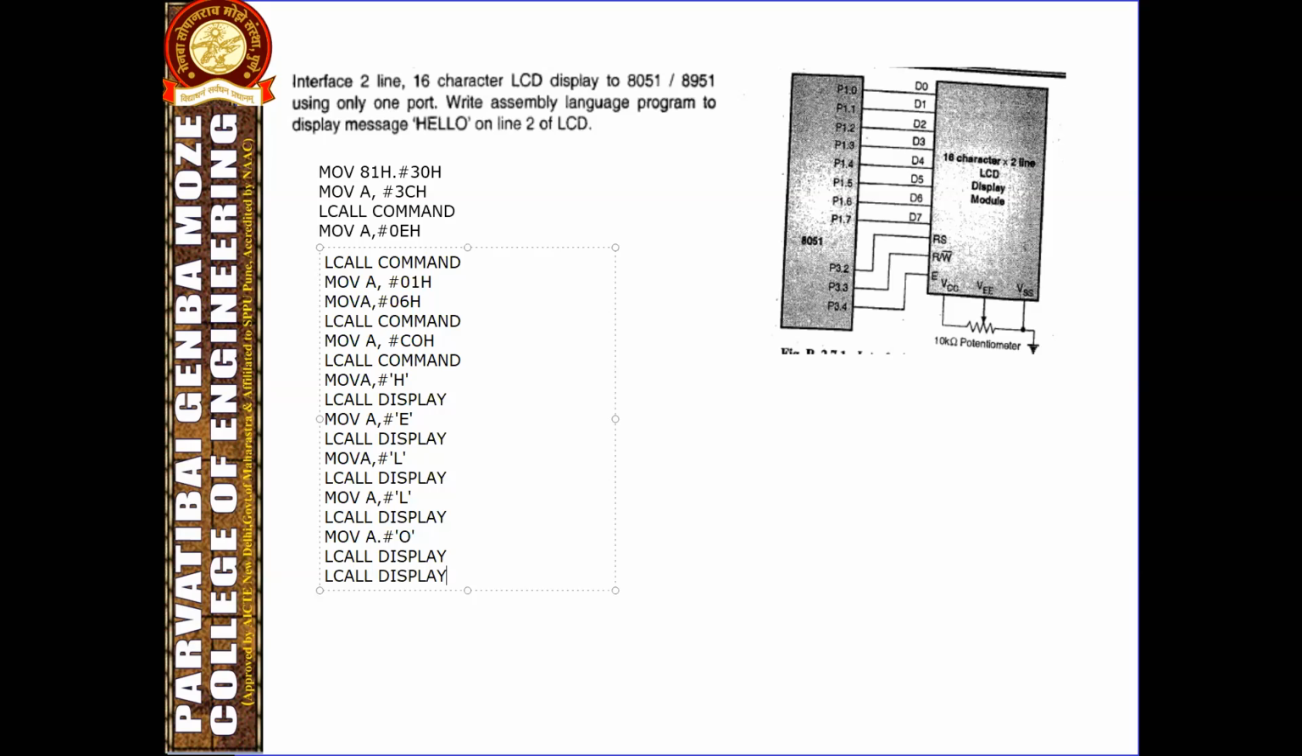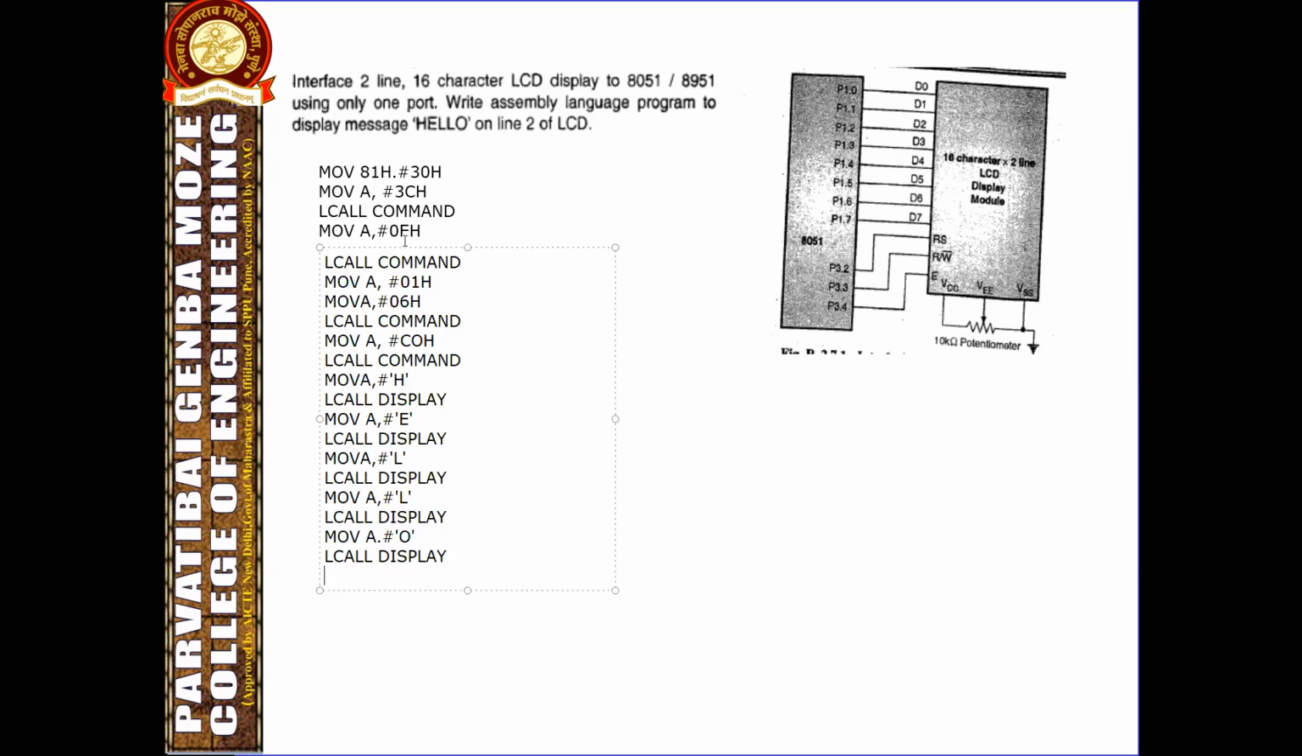Like that we have to write each letter. See here, first we initialize our stack pointer, and the command is written to select 5x10 dots LCD display which is 8-bit, and line 2 is needed for displaying purpose. After that we should call LCALL command, and after that we set the display and